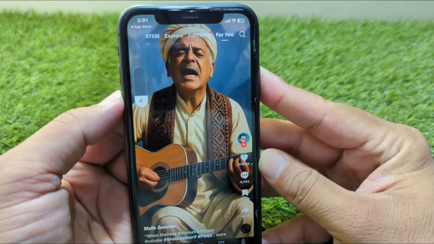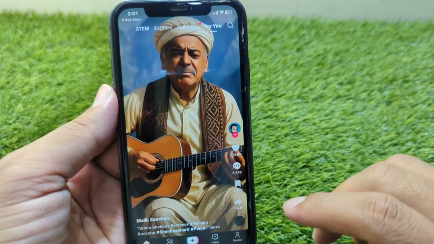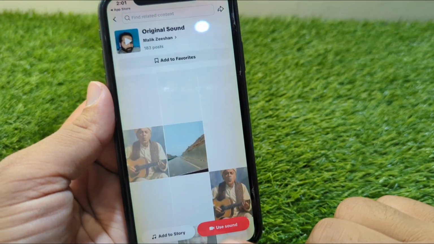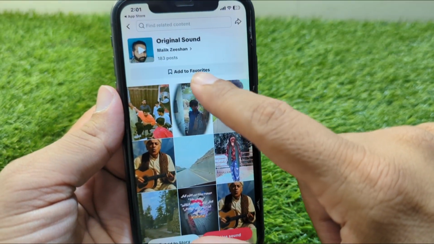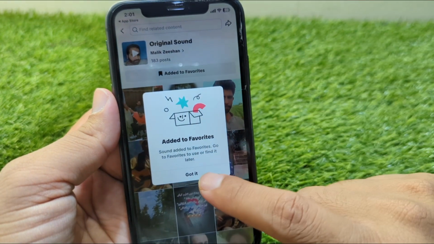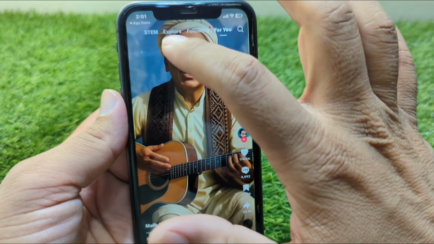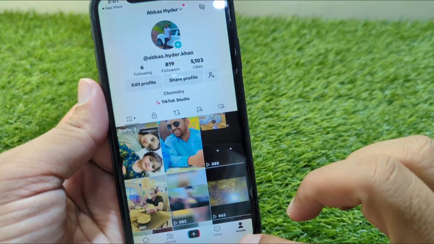and from here you have to simply add any sound to your favorites. So guys, here I am adding this sound to favorites. Here you can see this, you can tap on add to favorites and you can also add to favorites from here. So once you have added, you have to simply go back and now go to your profile